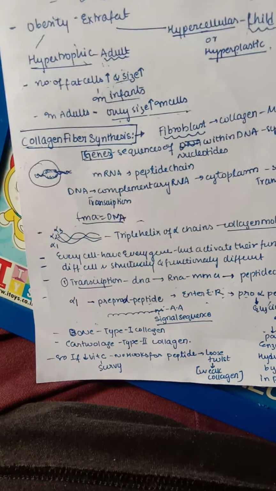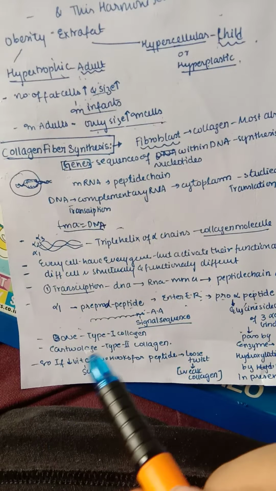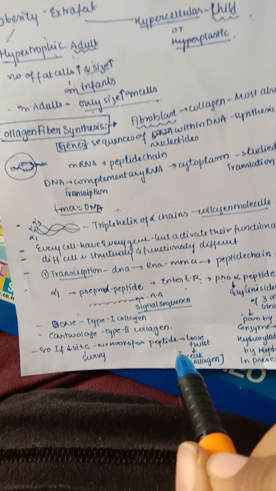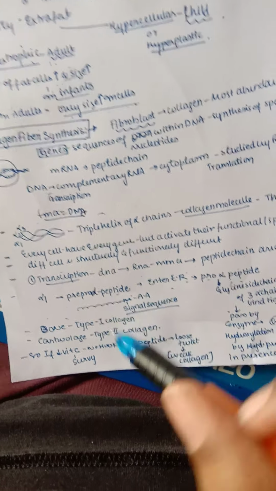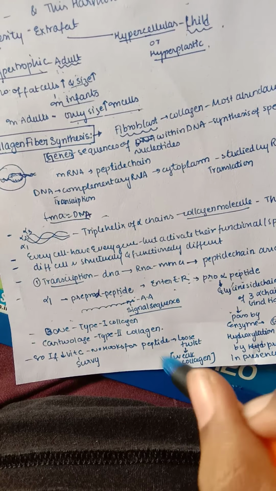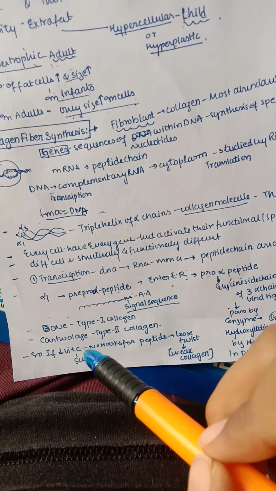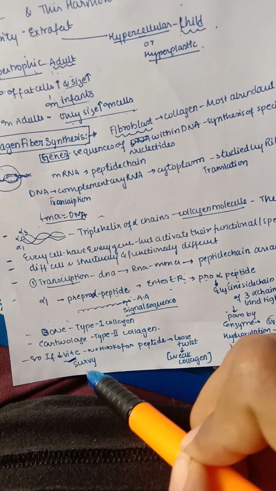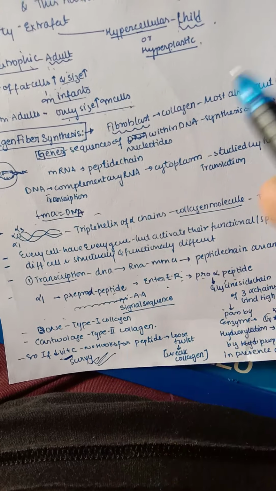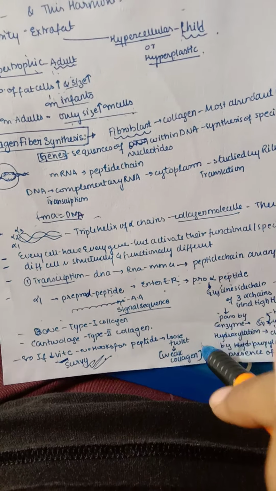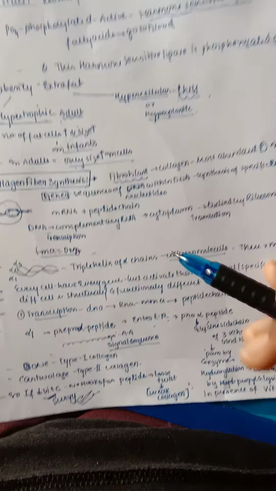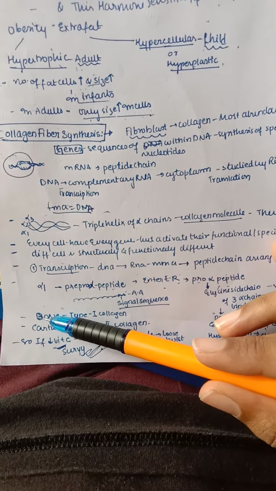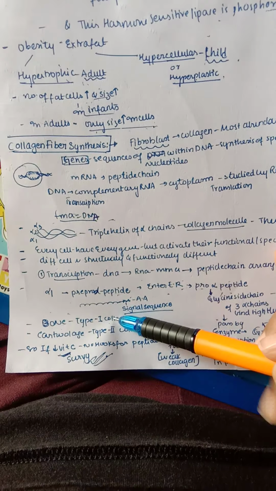So whenever there is low vitamin C, what happens? Let us check out here. If there is decreased vitamin C, then there are no hooks for the peptide, so they are loosely twisted. When there are hooks, they are tightly twisted. When there are no hooks, they are loosely twisted, so there is again weak collagen formation. Whenever vitamin C is low, the condition is known as scurvy. Whenever a person has scurvy, their collagen is very weak and they have difficulties or problems with collagen. And we know bone is made up of type 1 collagen.